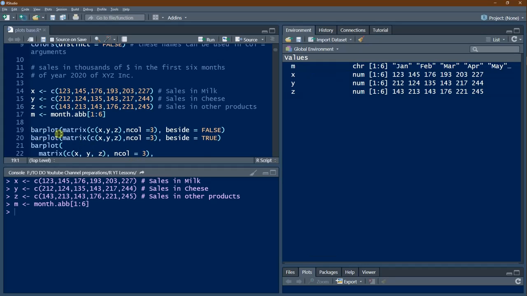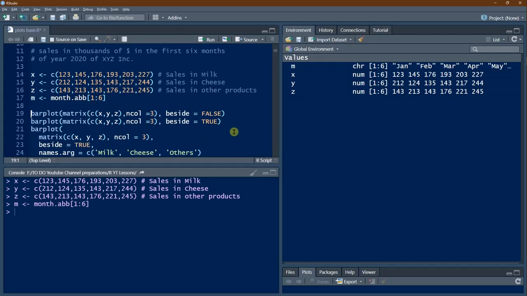Now we'll start off with a bar plot. In bar plot, you can have different types of bar plots. Now I'm going to start with a matrix. So when I'm using a matrix of these 3 data, all this data I'm concatenating, and I am saying ncol is 3. So there will be 3 columns of data. First column will be this, second column will be this, third column will be this. By default, in matrix they will be filled by column, and beside is FALSE. What is this beside? This you will understand when we are actually plotting it.